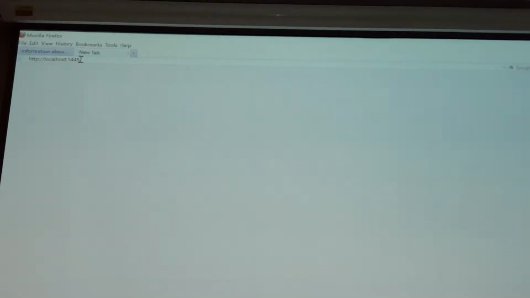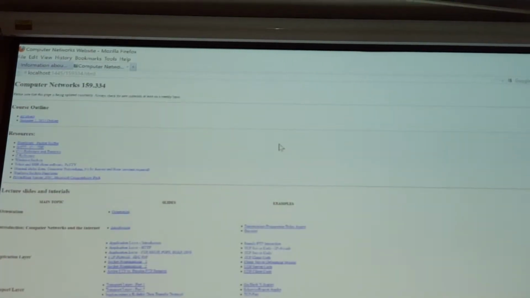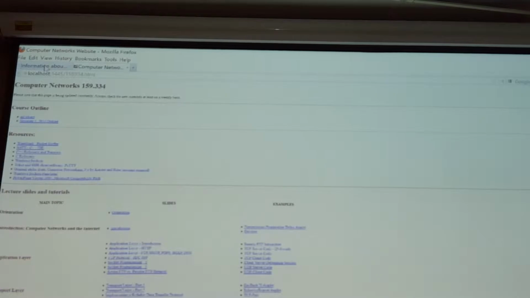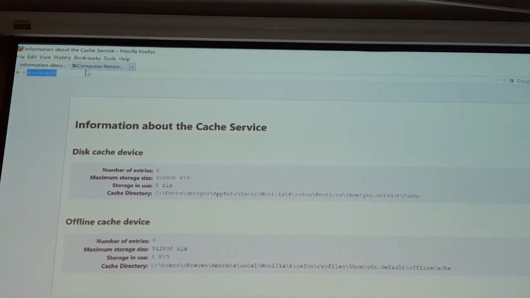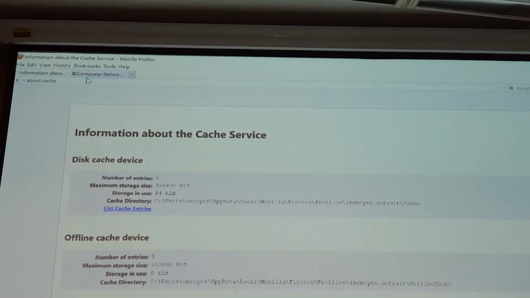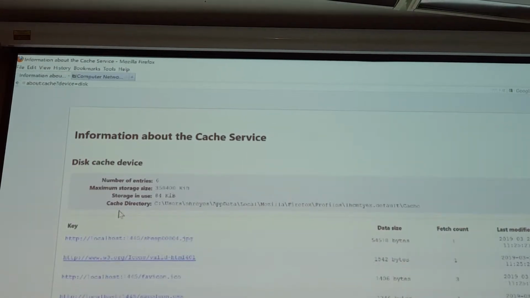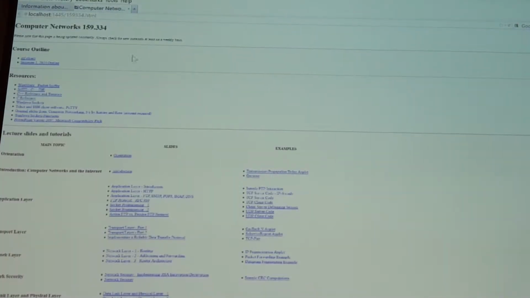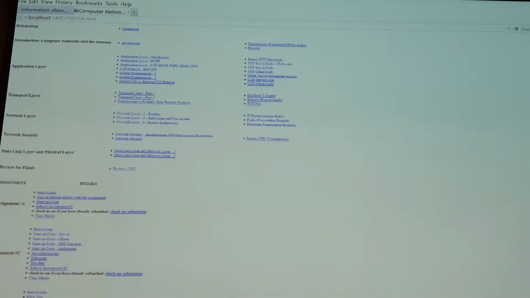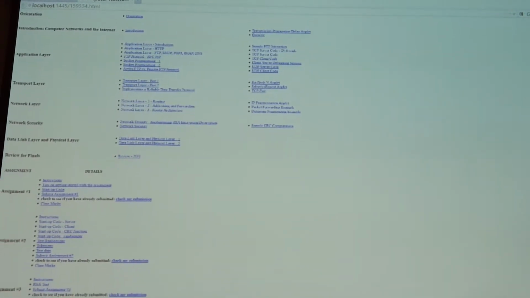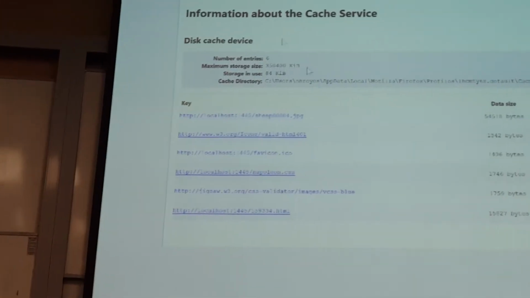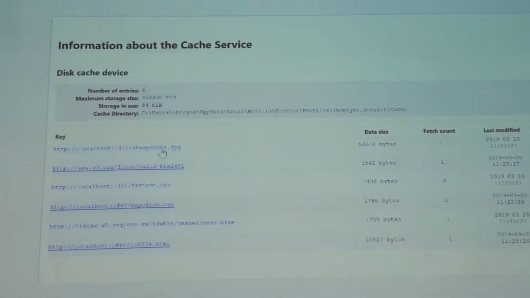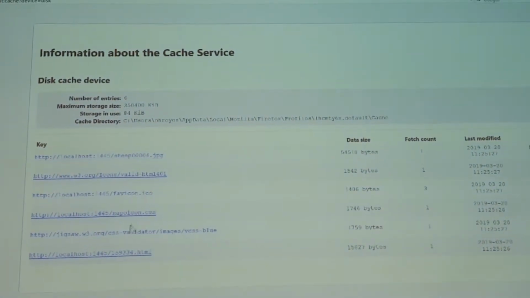Port 1445. Then 159.334.html. So there you go. Then we can look at the cache again. So I'm going to run about:cache. Then there you can see it has stored things related to this website. So I've got some image of a sheep there. So you can see the sheep, that JPEG. You can see the HTML